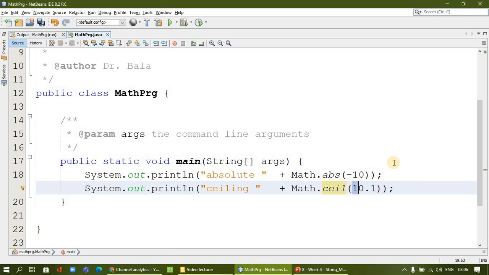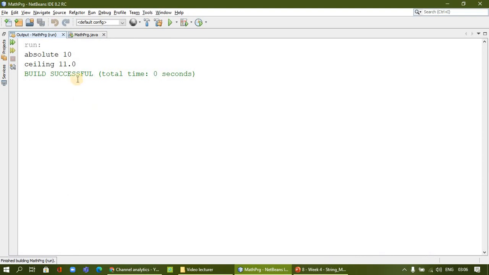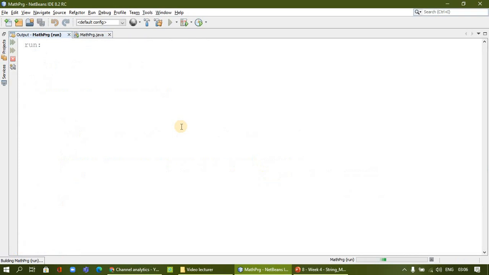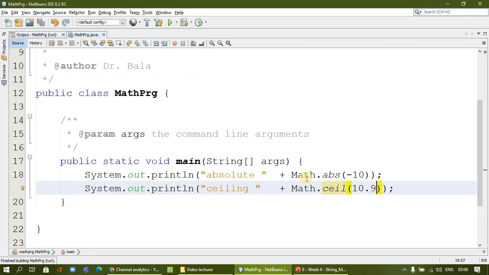Now our number is 10, it will be taken to 11. Let me check here. Even if you give 1.1, it will take it to the next level, that is 2.0. So you can give 10.1, 10.2, up to 10.9, no worries. You give a point with any value, and it will take it to the next level. That is the ceiling.